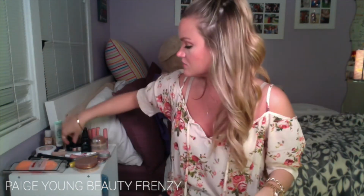Sticking with eyeshadows, I also talked about these in my NYX hit or miss video, and that one was just my first impression of these. I hadn't actually tried them out yet, but these are the NYX Ultra Pearl Mania loose eyeshadow powders. They are super pretty. They are just very metallic-y too, but unlike the L'Oreal pressed eyeshadows, these ones you do need to wet your brush before you put it on and pack them on because they are very loose powders, and they won't